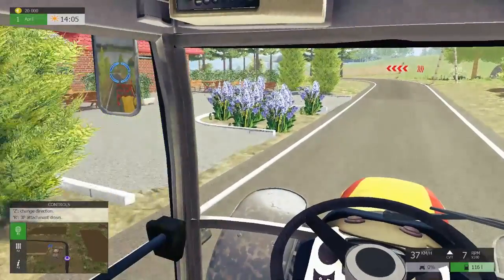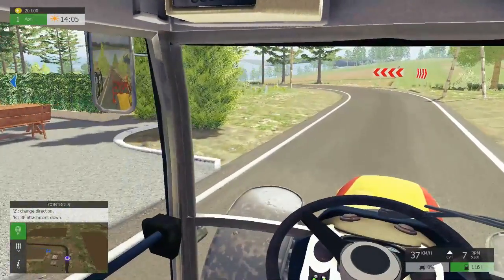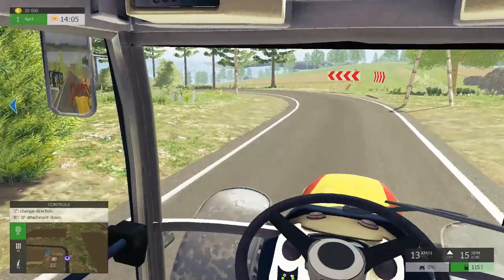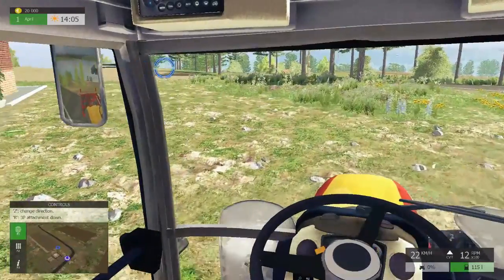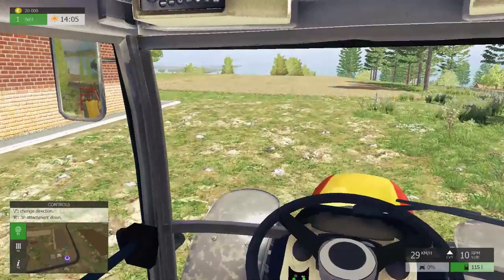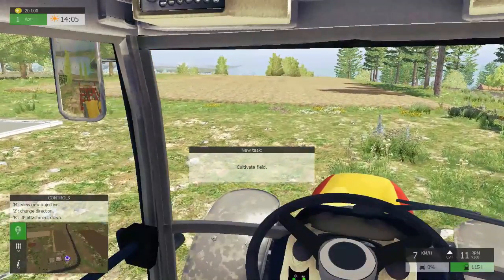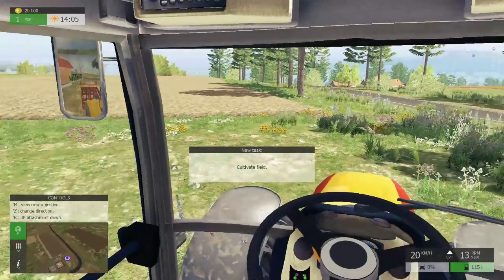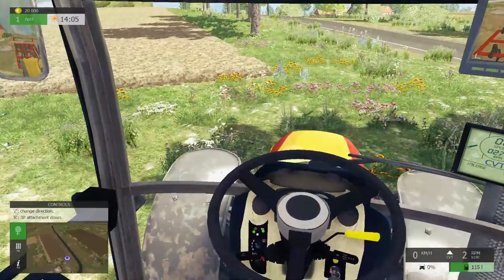Ooh, we're down to less than... we've got less than half a tank of fuel as well. So we're not going to be able to do this completely a second time. Obviously, right? If it took over half a tank of fuel to do the field the first time, then we're not going to be able to get it done a second time. So, yeah, you see the textures have changed on the field? Yeah, it looks all kind of smoothied. So, let's